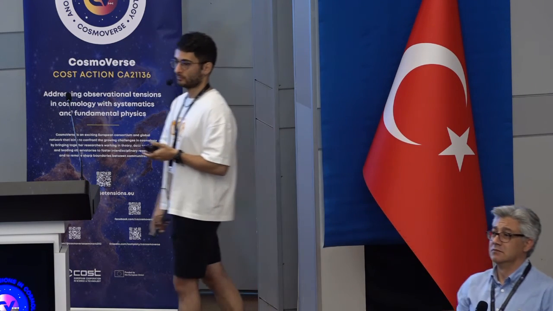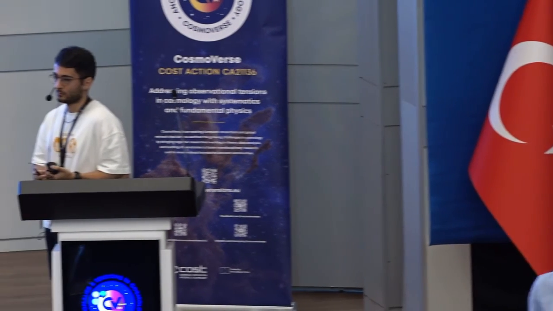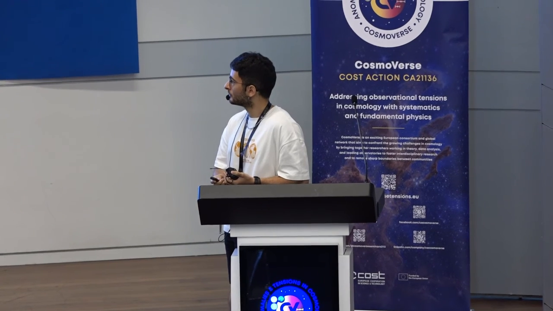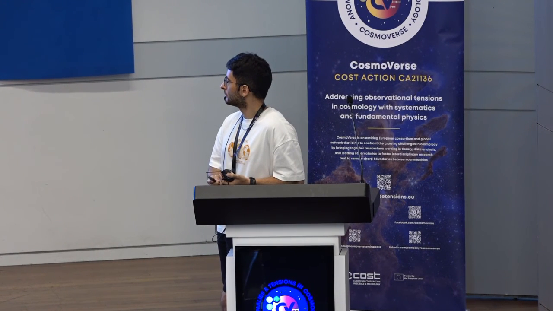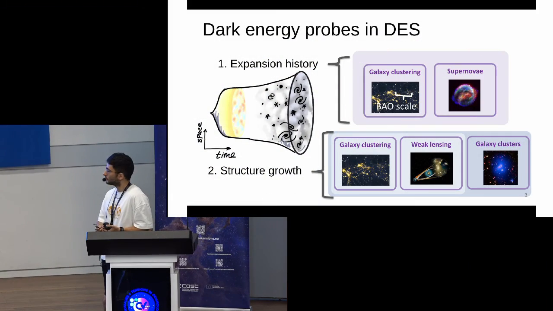Okay, thanks for the nice talk. I'd like to ask about one subject we didn't mention in your talk, only at the beginning, where you had these three plots, three images about the growth tension. Of course, we heard from the KiDS talk that the growth tension has disappeared according to their analysis. Here you have three probes, galaxy clustering, weak lensing, and galaxy clusters. Can you comment on the level of growth tension that you see through these probes so far?